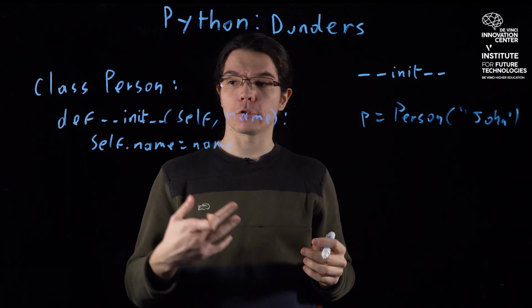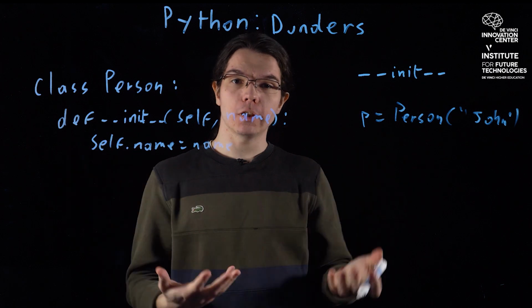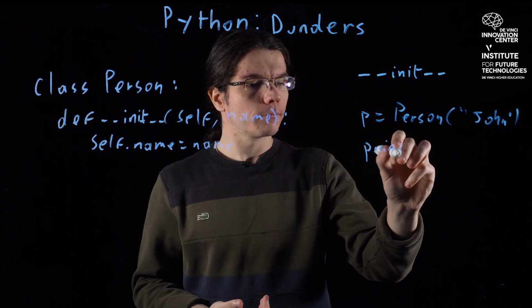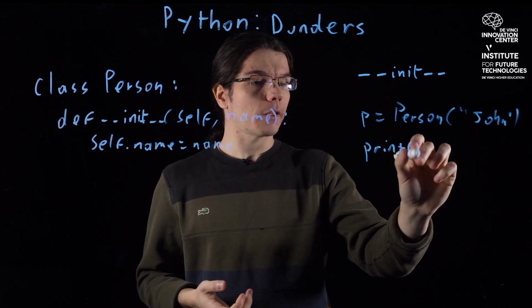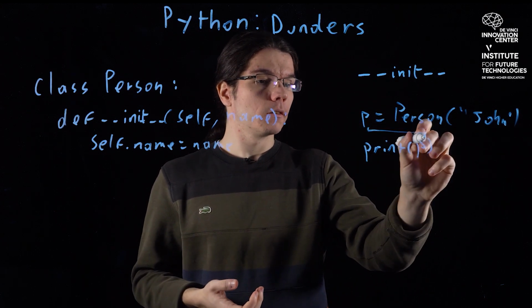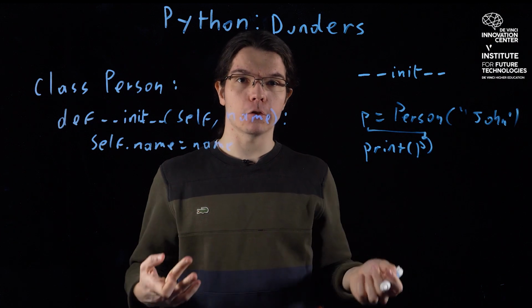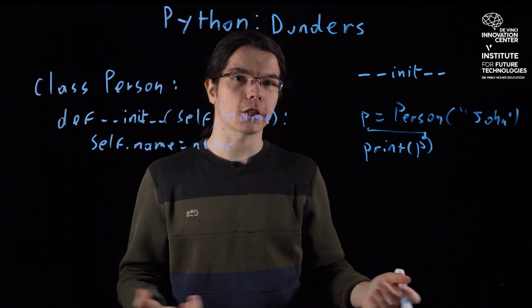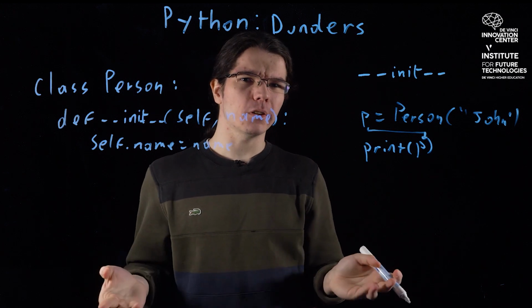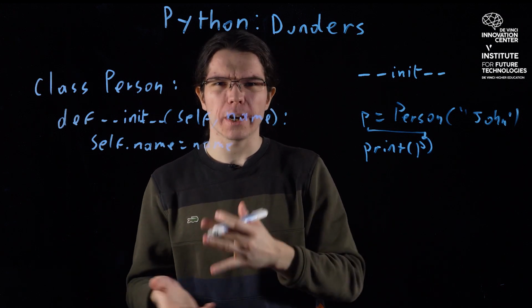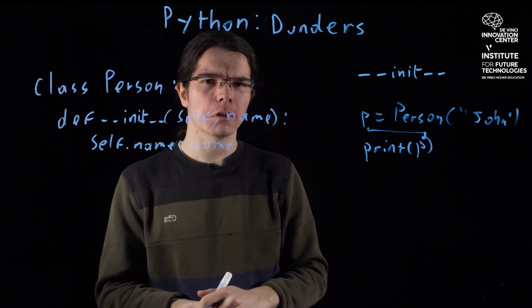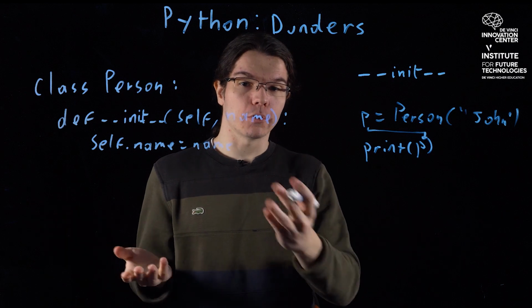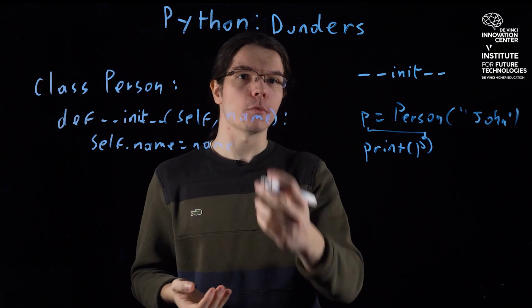Now this John, I want to be able to see the John, and I want to be able to print John using the print function. What's going to happen if I just pass the p inside the print function? Python is going to take the class person and tell me, yeah, it's a class person. It's an object person. I'm not really interested in what kind of object it is or where it lives in memory. It's not really what interests me. What interests me is what representation I want to have from a person, like the name of the person.